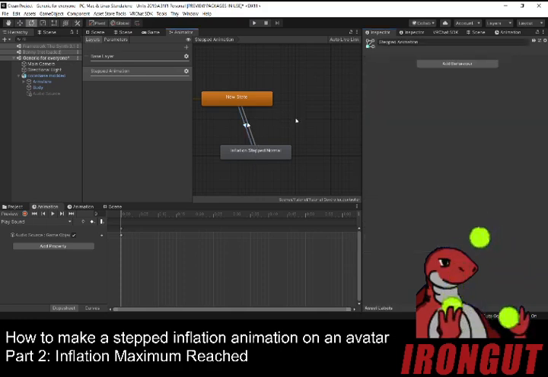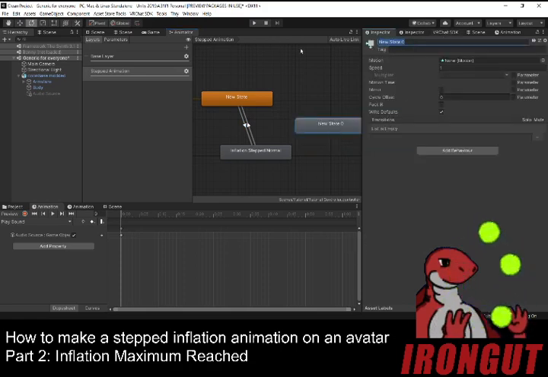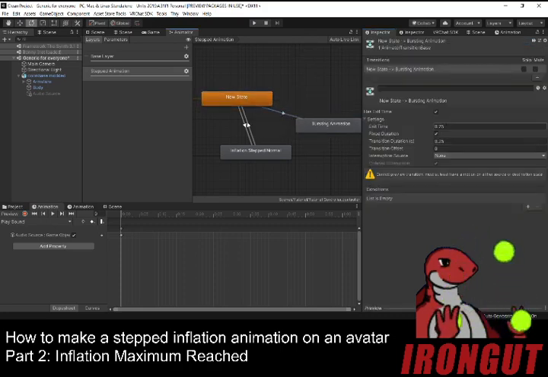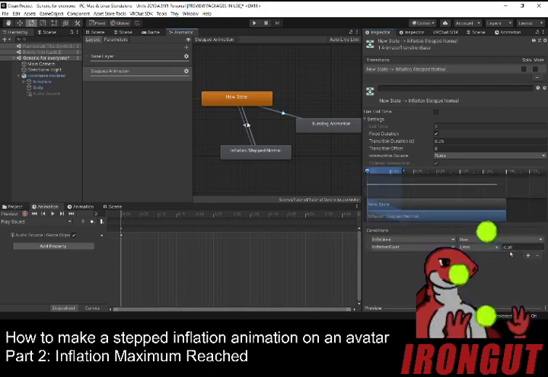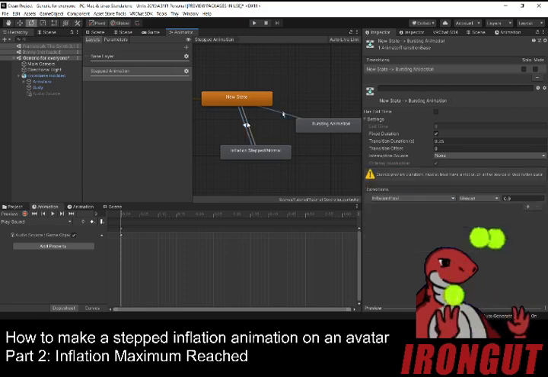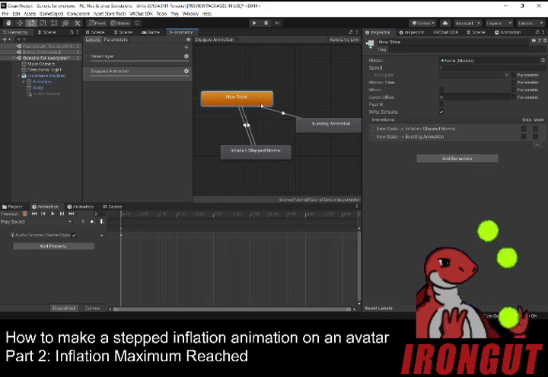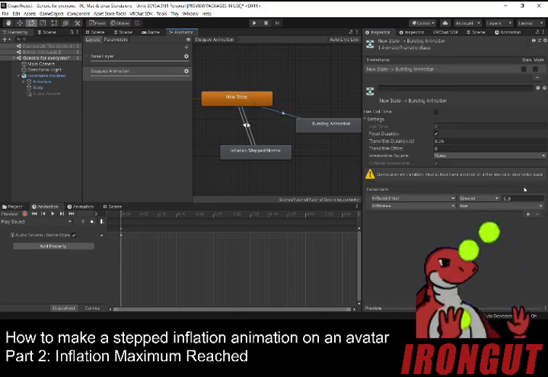Instead, what we can do is now we could add, if you want, say a bursting animation, and set this to have no exit time because we don't need that. And we're going to have inflation float greater than 0.9. We don't need to be 0.91 because this is the reason we made this 0.1, so that 0.90 is acceptable. This 0.90 is our maximum, so anything greater than 0.9 is what we want to accept. And when we've hit inflate plus plus. So now, if we're in the base state and we hit the inflate plus plus button and we're at 90%,